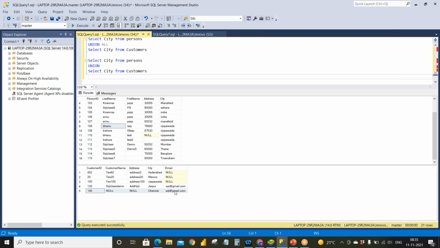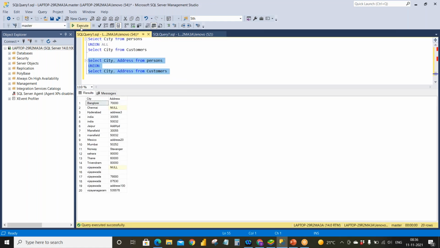So I have city now. I want to have address as well, and I want to have the person ID as well. We'll see. First we'll see with the address, and then we'll go with others. Yeah, address is also there and it is combined now.